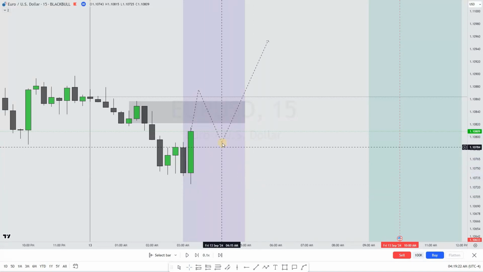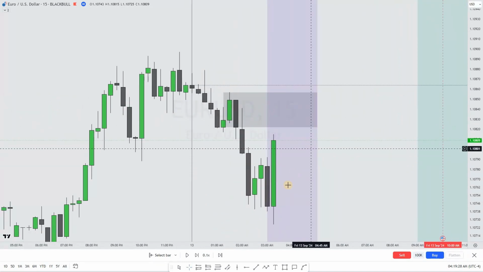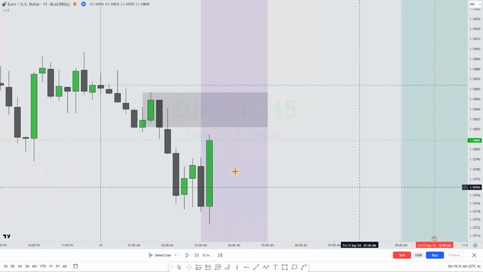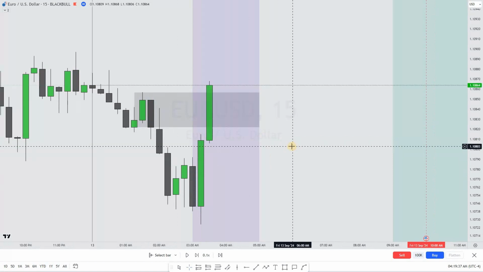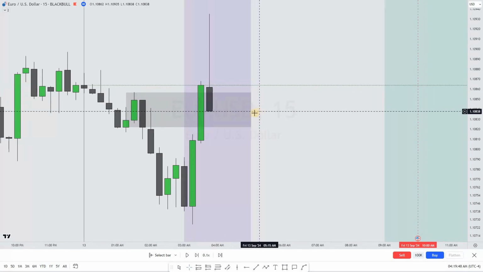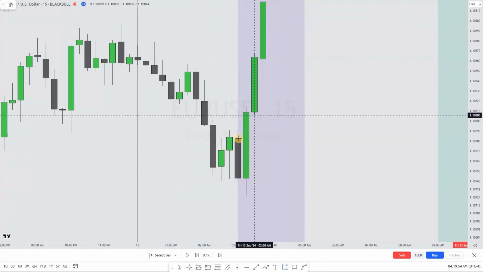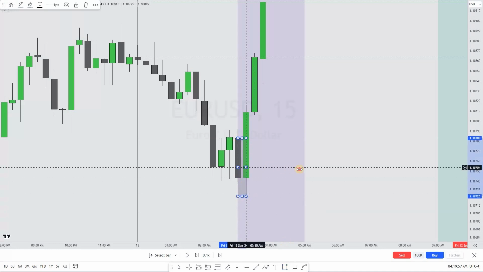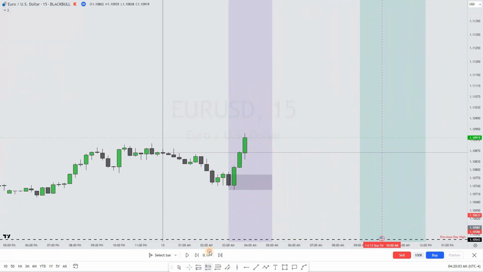So here it's all about observing and not reacting, not trying to pro-react and take a trade from whatever price is doing right now. So waiting and waiting and waiting until you see scenario number one play out, where the price continues to go all the way up and takes out this level. Now for me, this tells me price is more likely to continue to the upside. Now I like these order blocks, the last order blocks here at the bottom. This is where I usually like to take my trades.